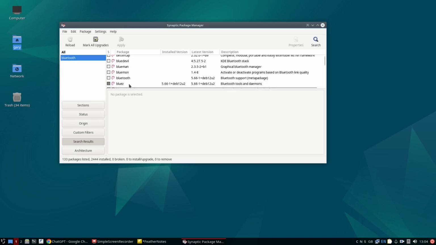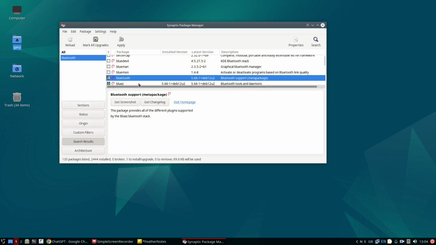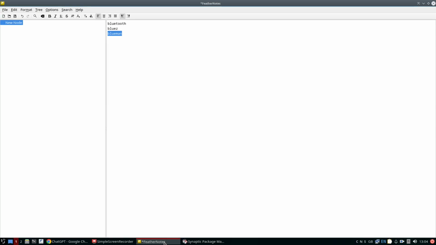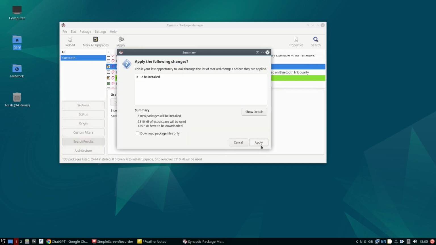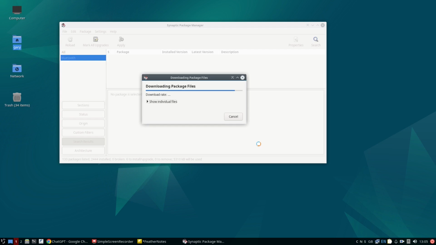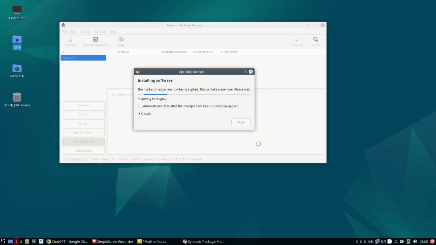It already shows that Bluez is installed, so we're going to install Bluetooth like that, and the other one we need is Blueman, so we're going to click on that and mark there, and we should be able to click apply and apply again,